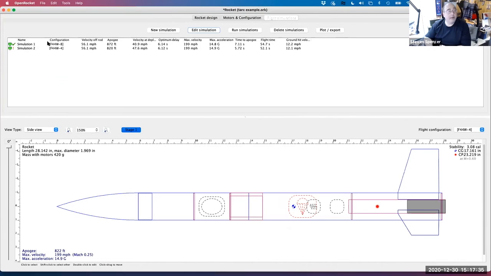And I do flight simulations. Okay, so now I'm at 872 feet. I'm getting much better, right? The optimal delay was 6 seconds, and 54. So I'm getting better here. So if I want to adjust this one,